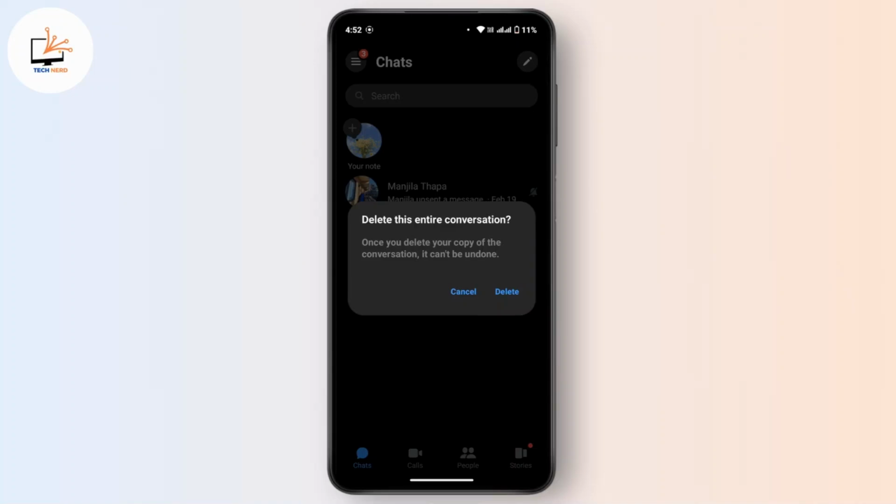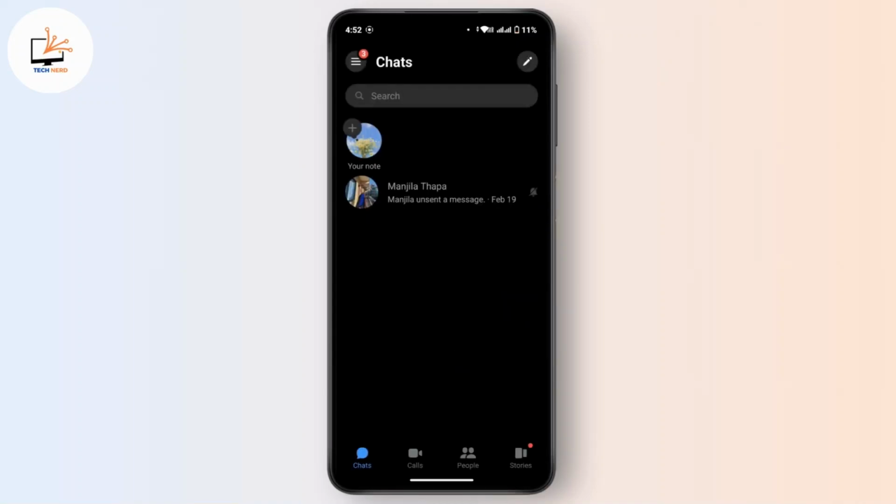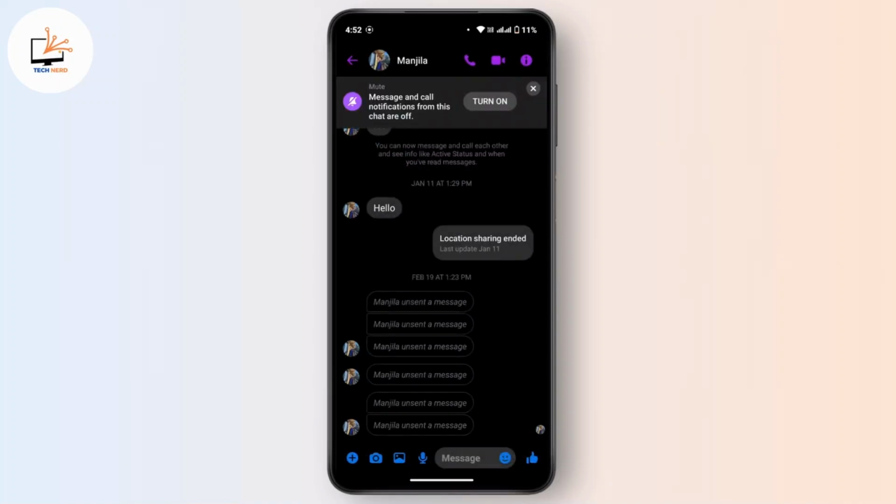it can't be undone. So with that in mind, tap on delete and the entire conversation or message will get deleted on Messenger. Or if you would like to get into an individual chat and delete the message, you can also do that. In order to do so, get into the specific account chat, and once you land on your chat,